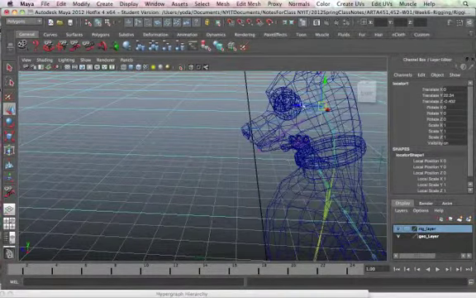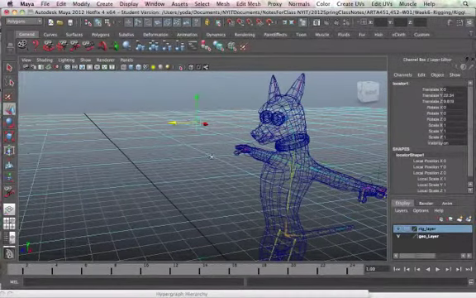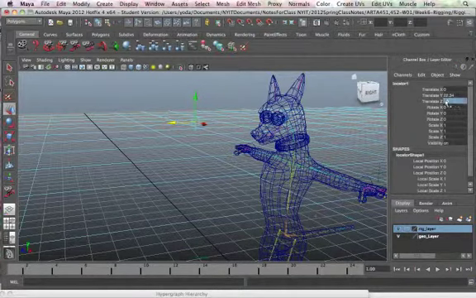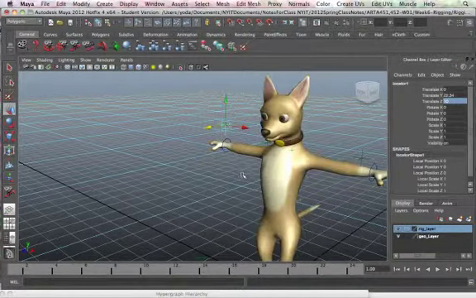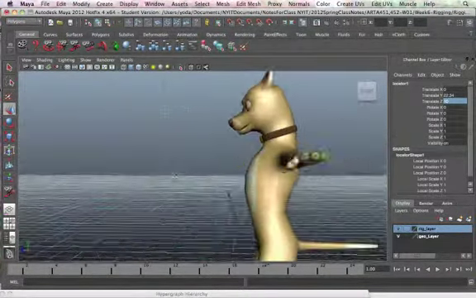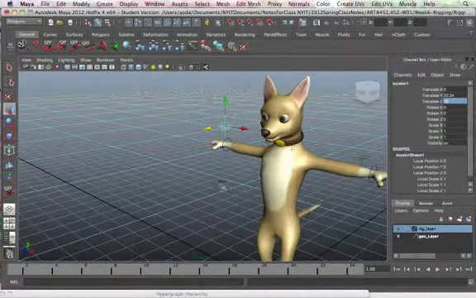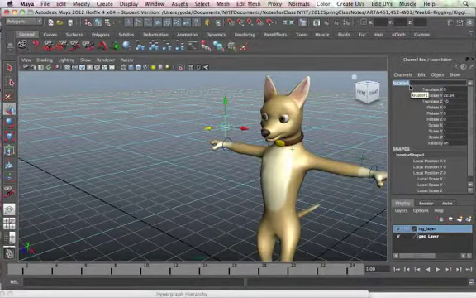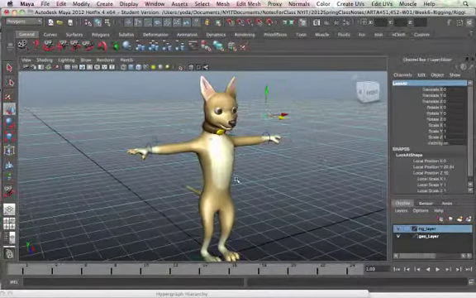Alright, and then I'm going to move it out in front of the face. Maybe about 10 units here. Now, the book says 20 units, but it really depends on how your character is created. So right in front of the face with some space like this would be good. I'm going to name it "look at", and I'm going to freeze transform it, so it's zeros and ones, and